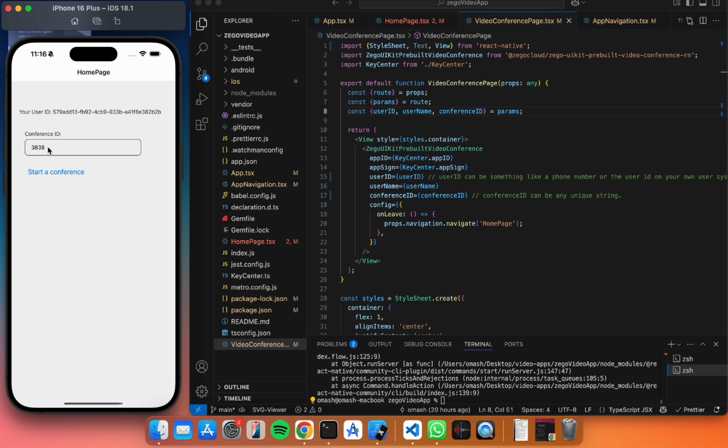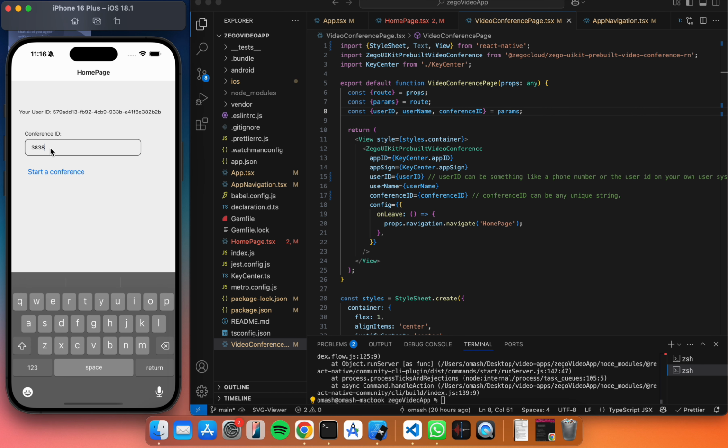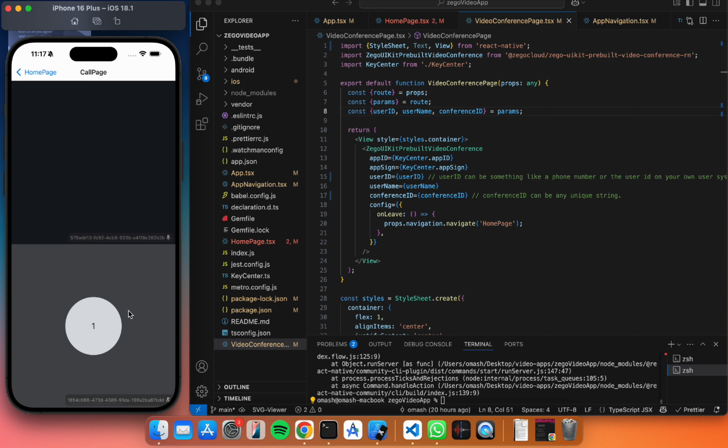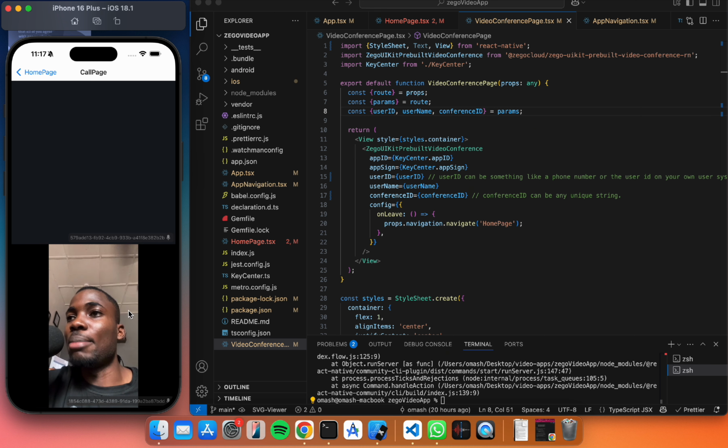So this is 3838 for conference ID. So we'll start the conference ID here, and then we'll join the call with my physical device. So let's do that. So now you'll be able to see me from the video, and the echo is coming because I'm so close to the two devices. The two devices are so close. So as you can see, it's working very well. So very simple,